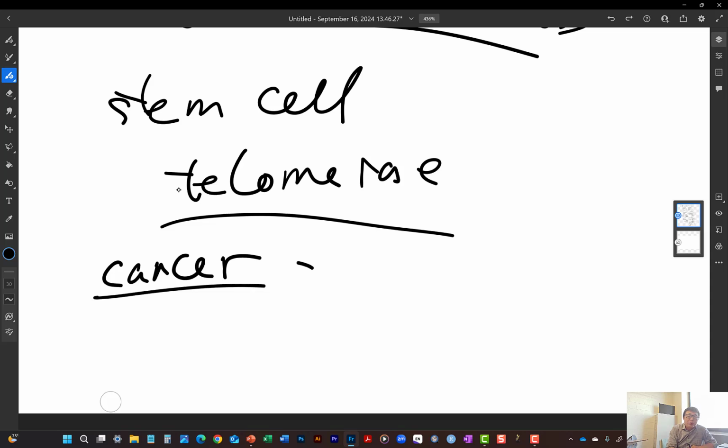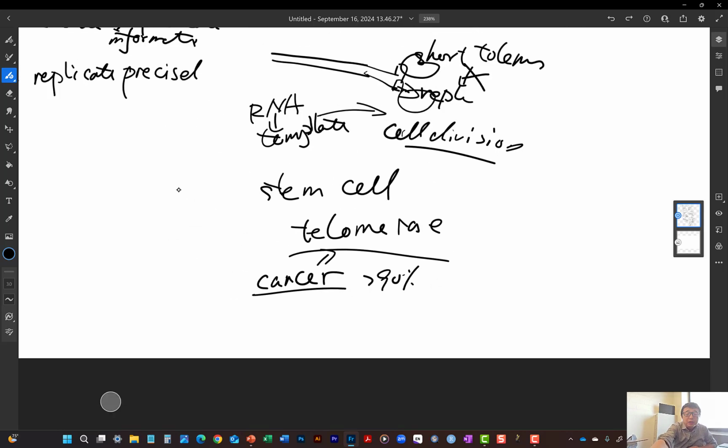In many cancer cells, more than 90% of cancer cells also have active telomerase, which makes the cancer cell immortal. There's a bad thing about telomerase. So next,